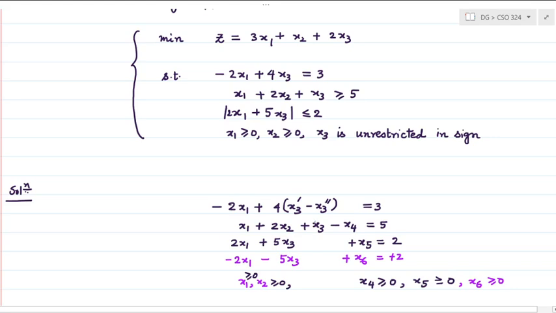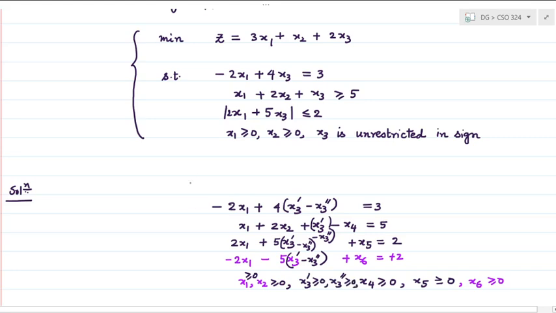So this x3 will be x3 dash minus x3 double dash, and this x3 also is x3 dash minus x3 double dash. Here also this x3 is x3 dash minus x3 double dash, right? And then we have x3 dash greater than or equal to 0, x3 double dash also greater than or equal to 0,